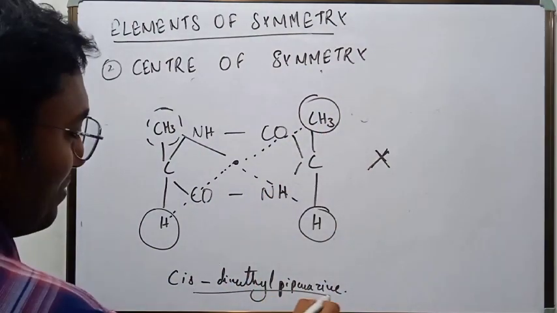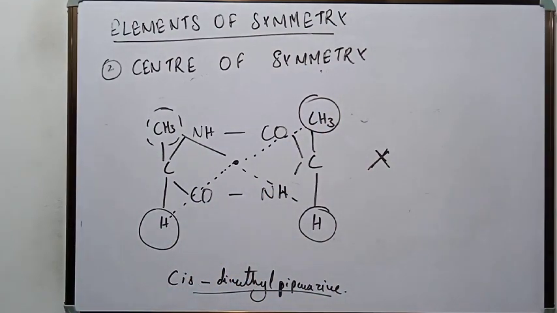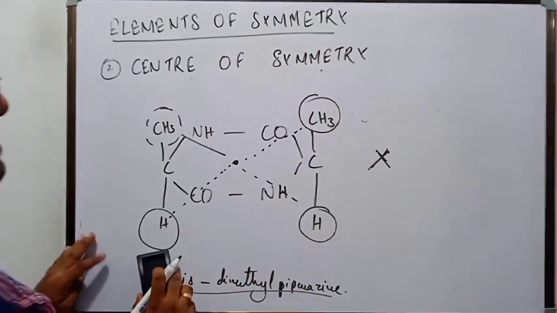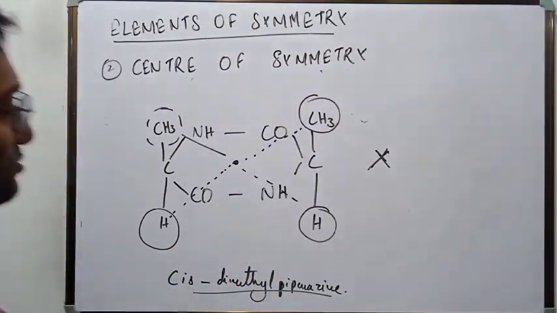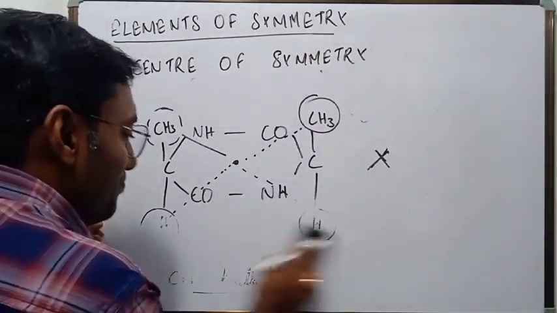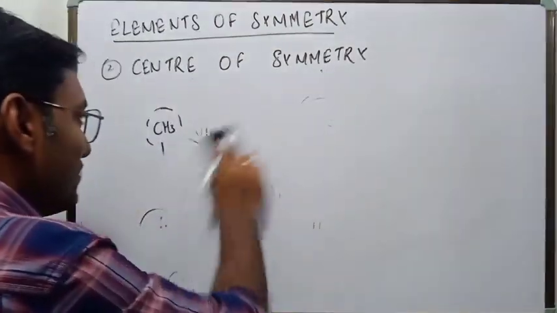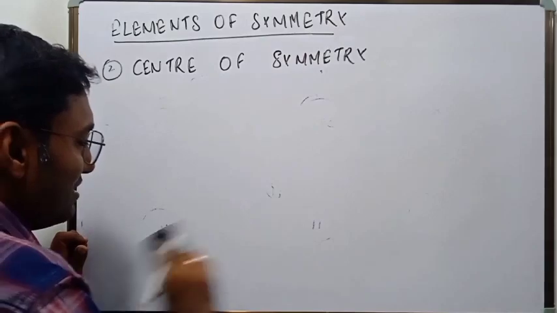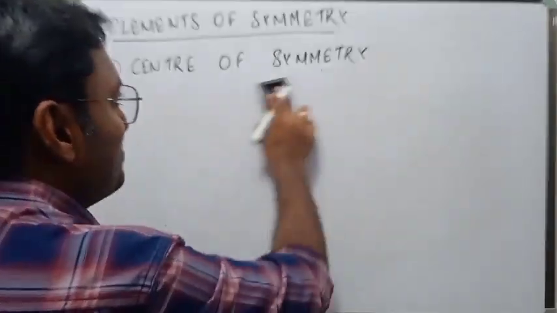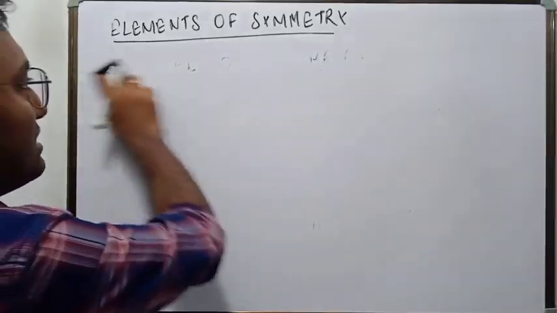So the cis dimethyl piperazine doesn't have a center of symmetry. It will display optical activity. It will display enantiomerism also. It should have at least one of them, right? That is what we have seen. It has neither a center of symmetry nor a plane of symmetry. Now let us see the third